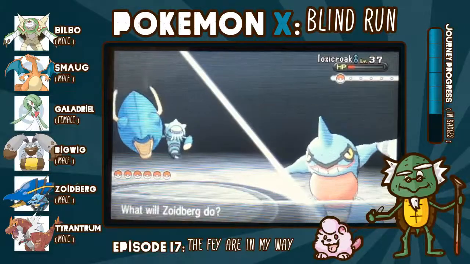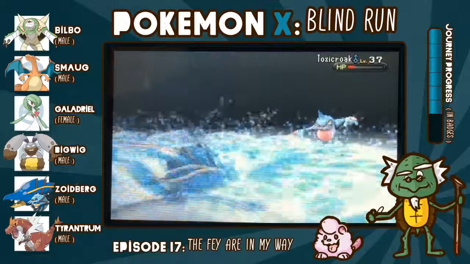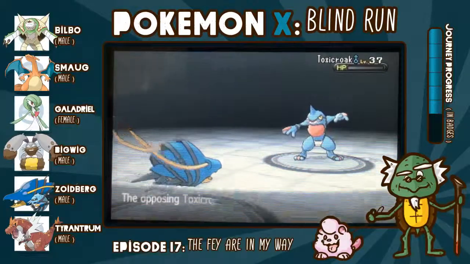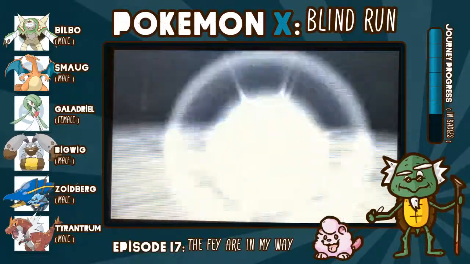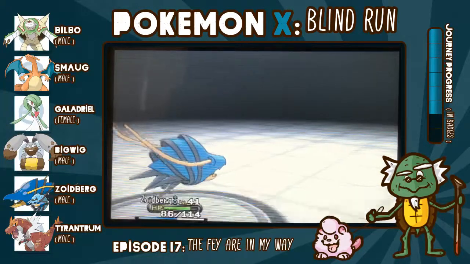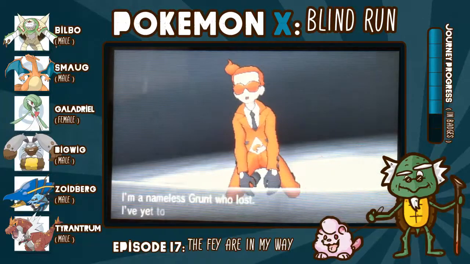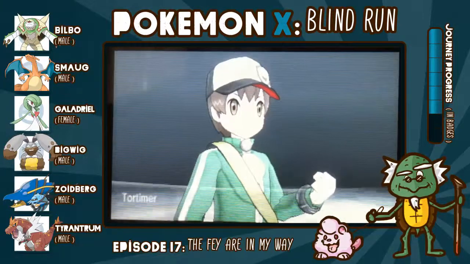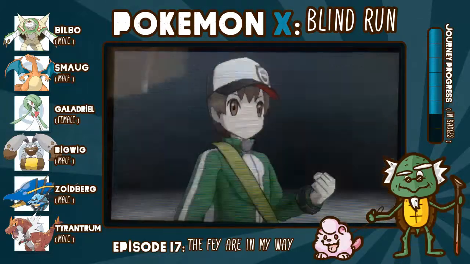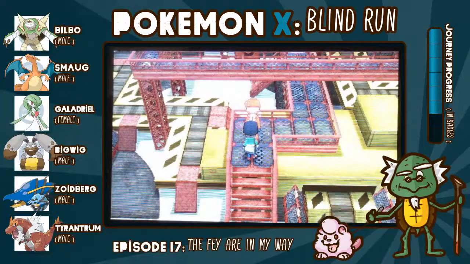Alright, a little bit of Venoshock action. Didn't get poisoned. Perfect. Throw another Surf at this guy and be done with him. I actually did. I like the Croagunk line. I've never really had a chance to train them, but I just like the idea of them. And so I almost caught one when I was running around hatching eggs, but I didn't have anybody on me who could really do...